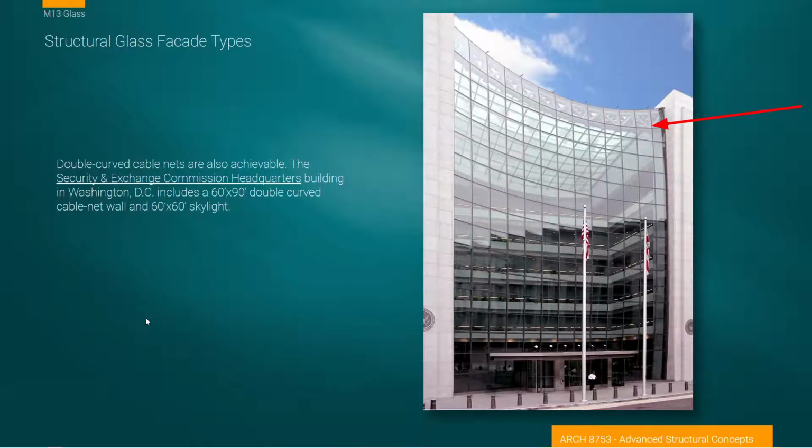And in its most extreme way, this is a really beautiful double curved system. The idea is the cables, just as you would pull a cable net of any form over certain shapes, have a certain kind of conformance to that shape. In this case it is doubly curved, which means you can see that it's curving outward as we go up, and curving inward at the same time. The cables are pushed out further at this point, pulled back here, but they all have the same amount of tension in them